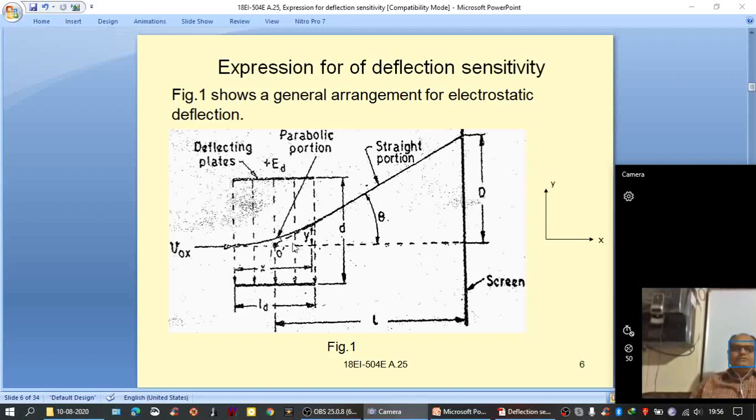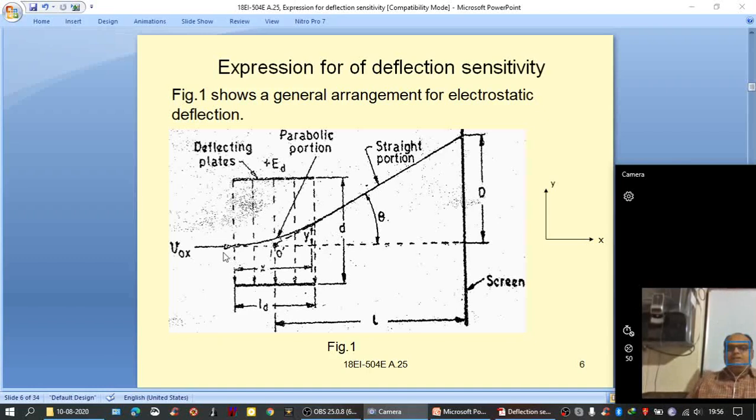And the focusing anode is used to provide a double concave lens type of arrangement to make sure that the electron beam is converged and is a focused beam. Now, among the electrons in the beam,